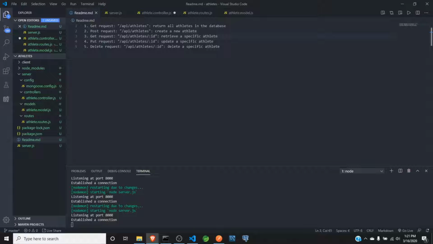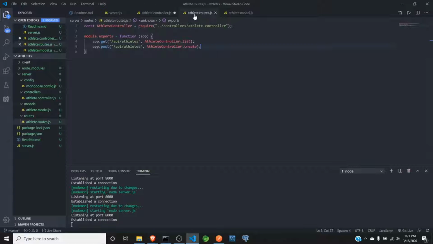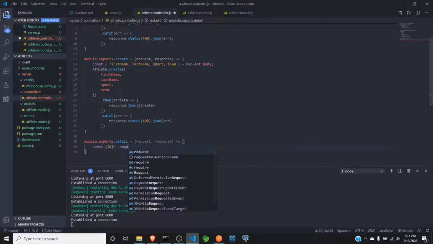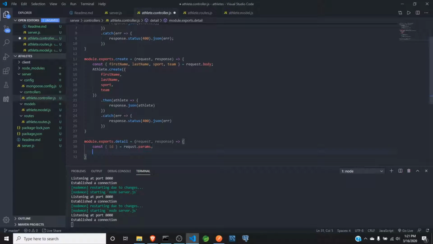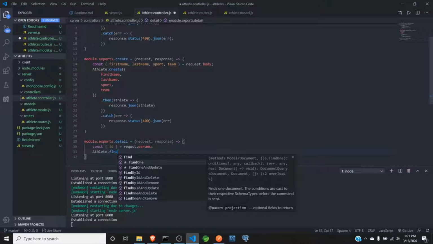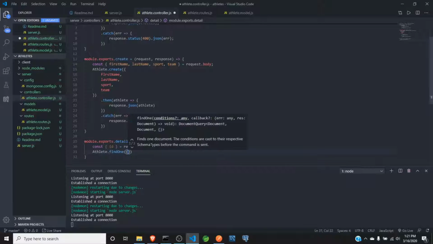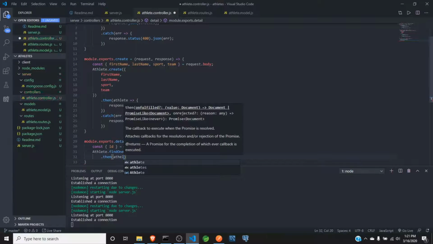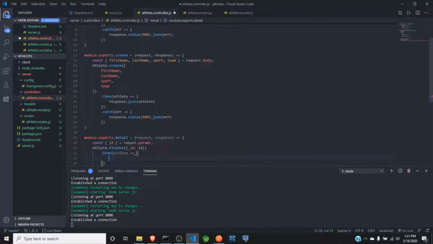All right? And that'll be over here, const ID equals. Then we can find the athlete, find one, where the ID is ID, then return the athlete